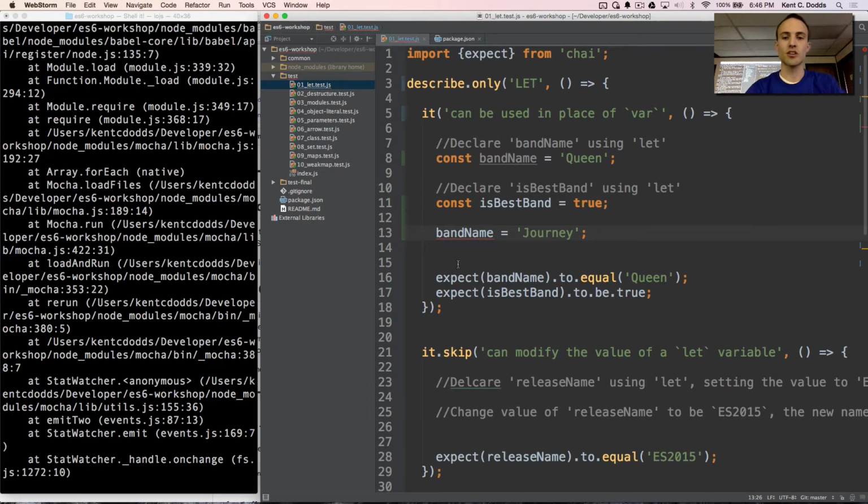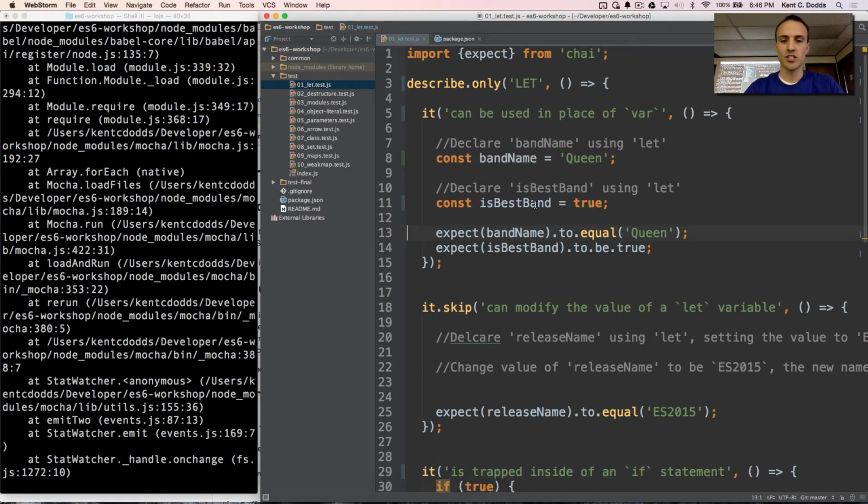I would say that this is a good practice, to use const unless you plan on changing something. So most of your variables should be declared with const, because it discourages some pitfalls with changing variables and not really knowing that you're doing so, depending on what it was assigned to before. So yeah, that's just a little tip.